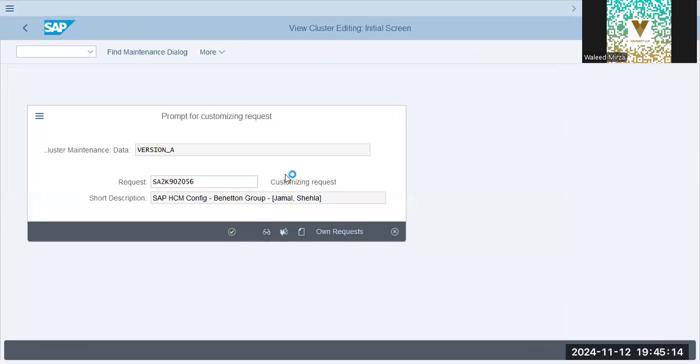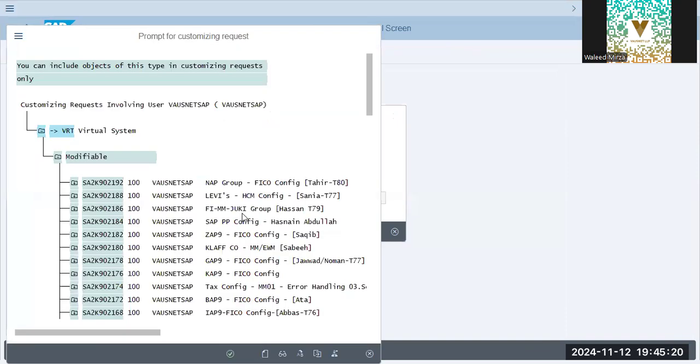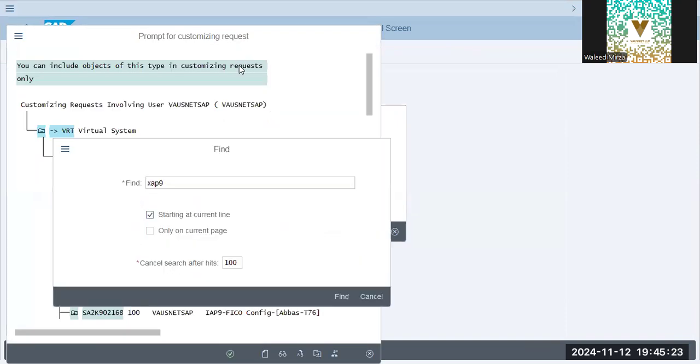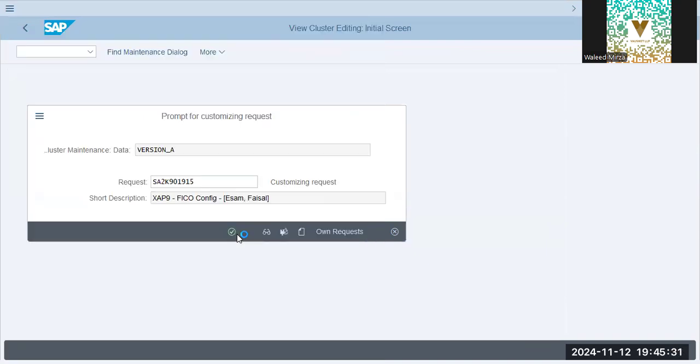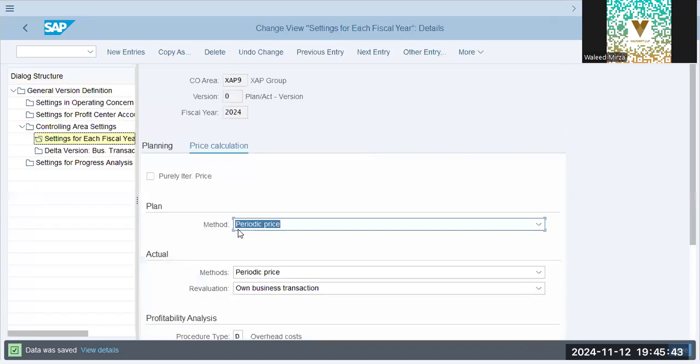Okay, on request, last time because of the server that slowed down, we had to stop over here. SAP 9. Okay, data was saved. Okay, now